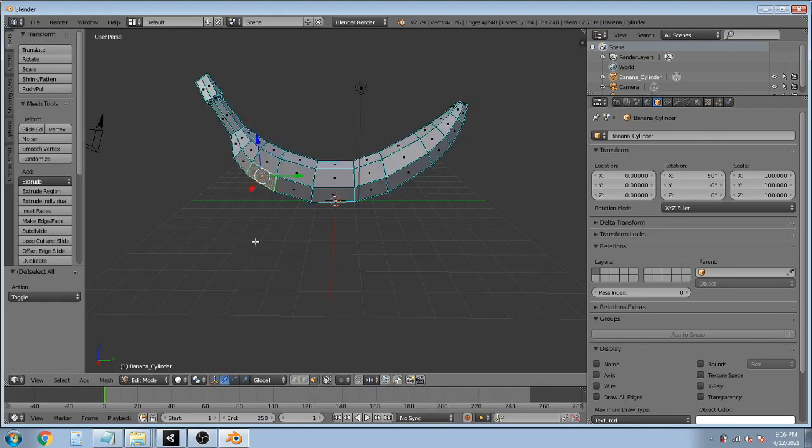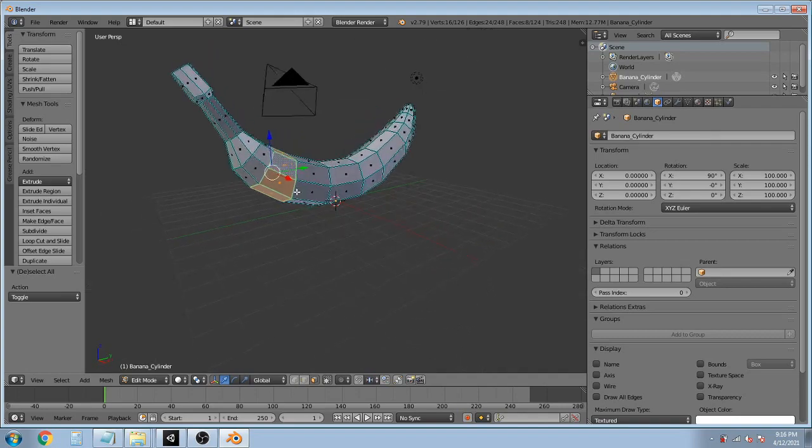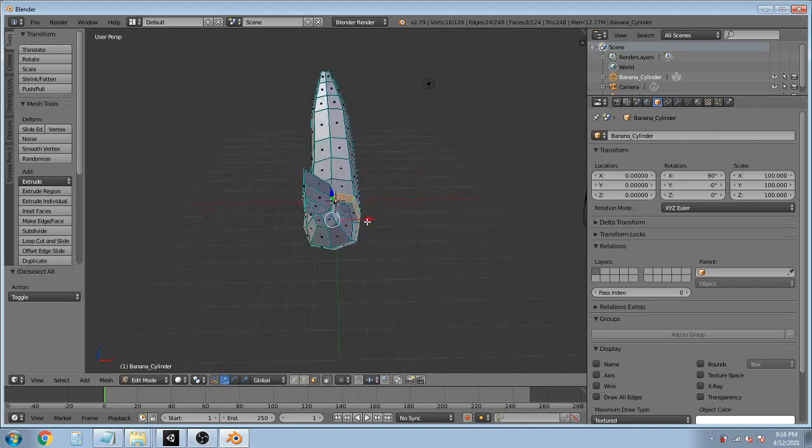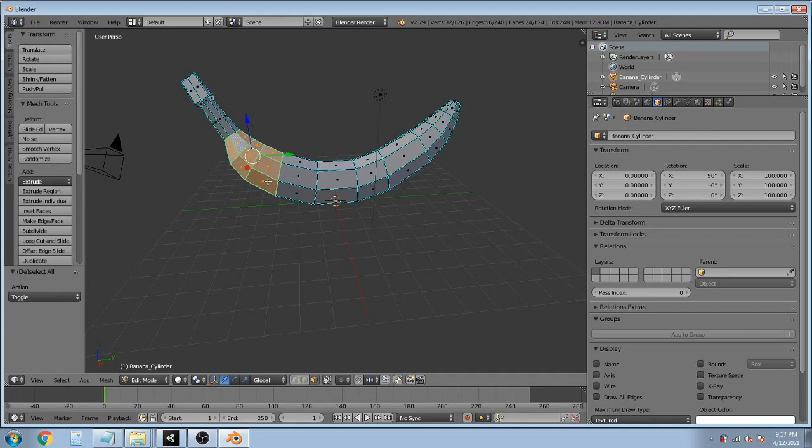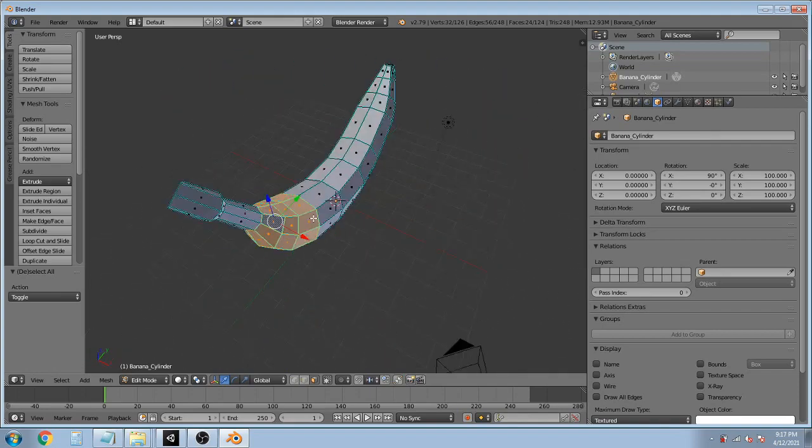And now hold the Alt key down and select a vertex. And you see, by holding the Alt key down, it's selected from all the sides, right? So I'm going to hold the Shift key down, Alt, and click, and you see we have a part of the